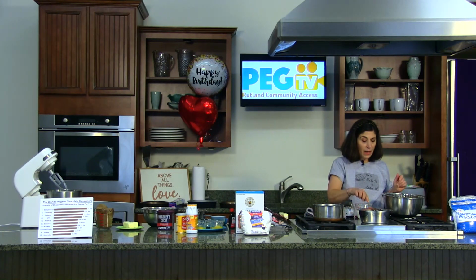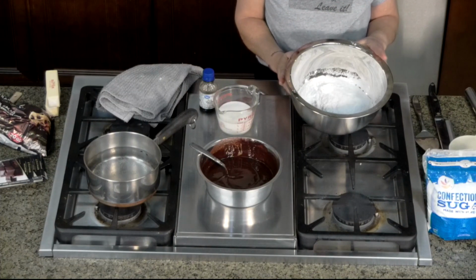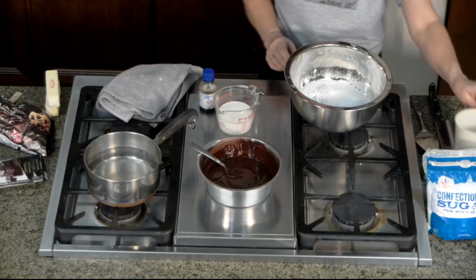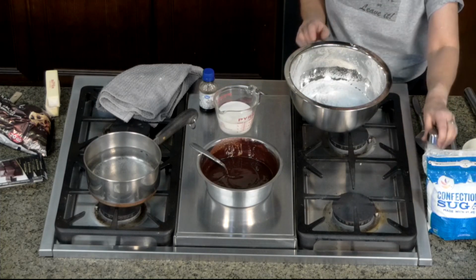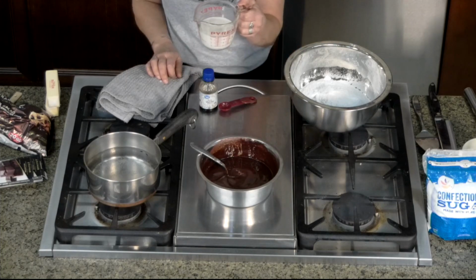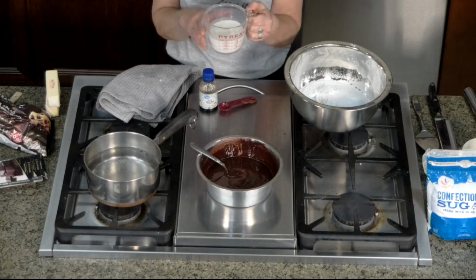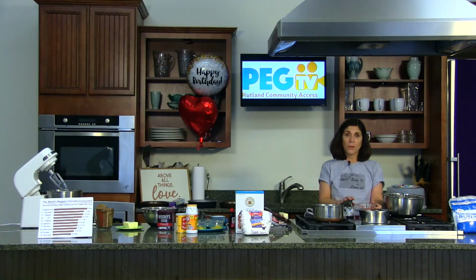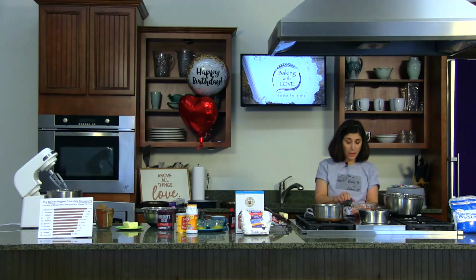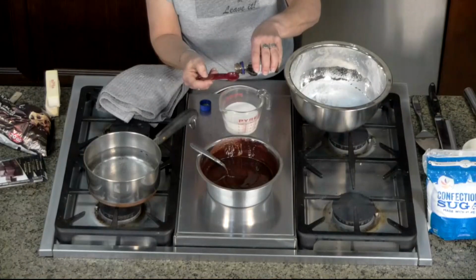And in here we have 3½ cups of confectionery sugar that I sifted with a pinch of salt. So also done before the show for the sake of time. And in here I have 7/8 of a cup of whole milk. 7/8 of a cup is 1 cup minus 2 tablespoons. Did you know that there's 16 tablespoons in a cup? So to this we're going to add 2 teaspoons of vanilla extract,